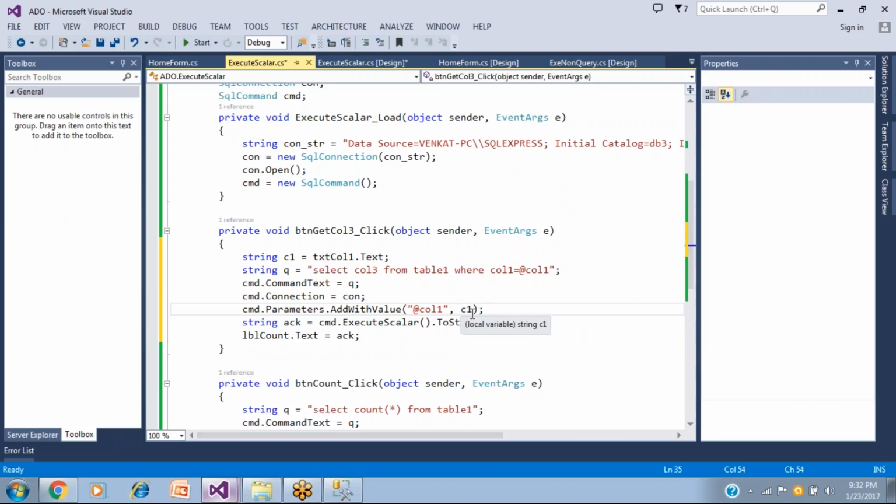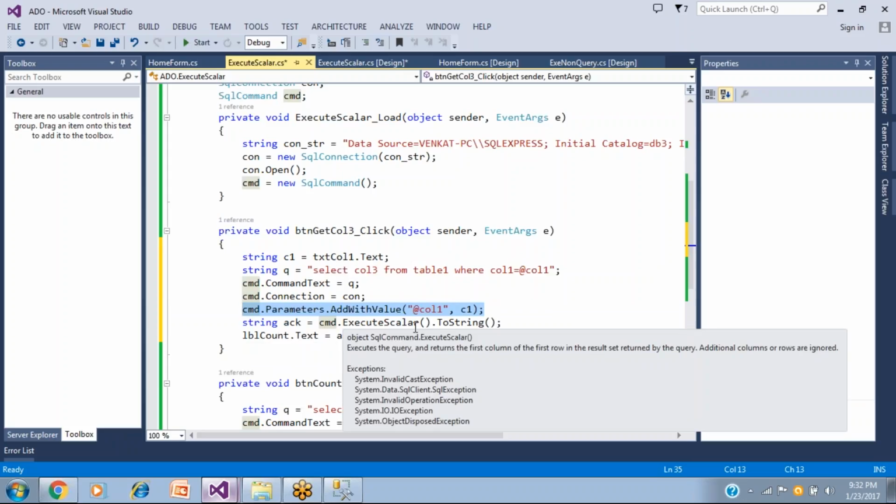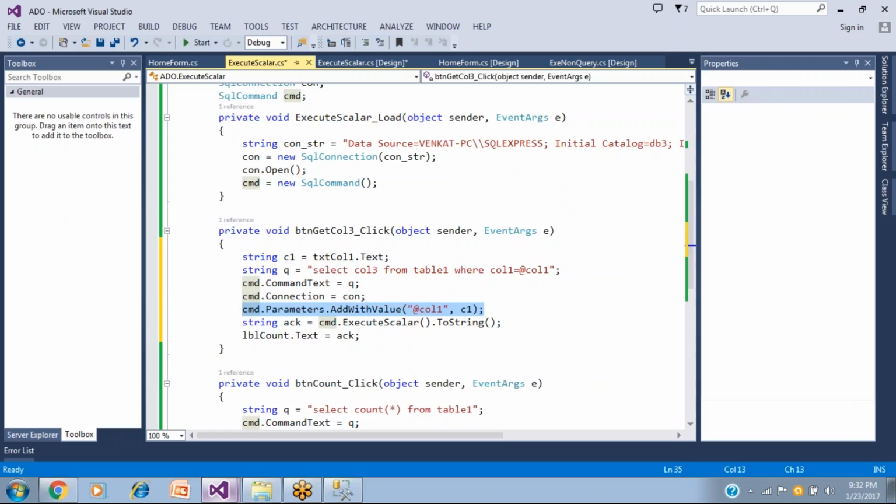Now you see @col1 is taken from a variable C1, which in turn is nothing but the text box data. Now if you execute this query, which has parameters, execute scalar will be called and you will get an acknowledgement. That acknowledgement is nothing but the column 3 data.